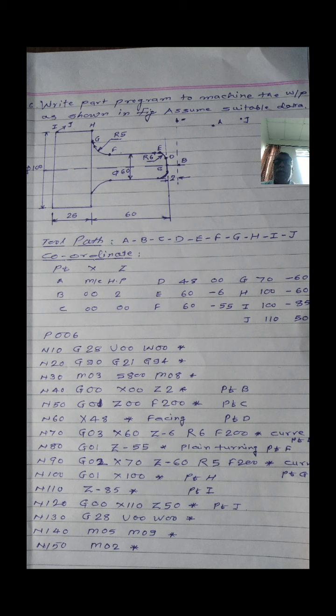Did you understand it? It is very simple. How to write the program? You have to observe and study the job drawing, meaning its profile and its various dimensions, find out the tool path to perform the various operations, then find out the coordinates of each and every point. After finding this, you have to write the part program according to the coordinates or profile of the job. It is very simple. Is it okay? Thank you.